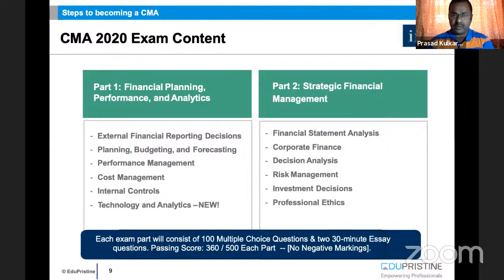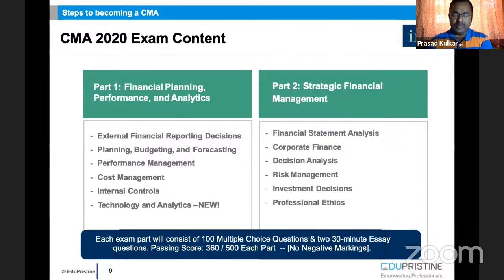There are two parts, part one and part two. Part one is about financial planning, performance, and analytics. And part two is about strategic financial management. Part one has 6 chapters: external financial reporting decisions, planning, budgeting, and forecasting, performance management, cost management, internal controls, technology, and analytics. Technology and analytics is a new topic that has been introduced in